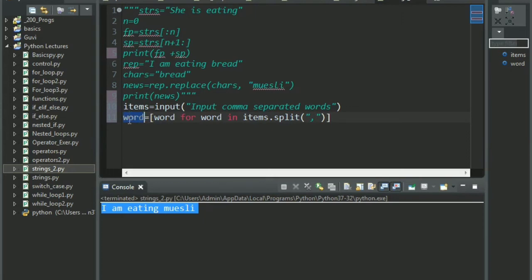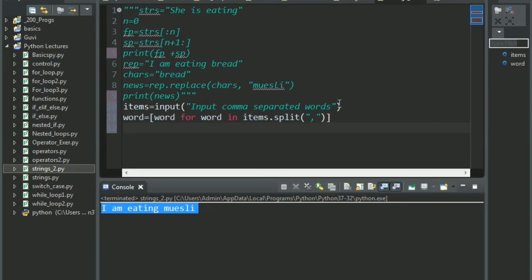So we have created a list named word, and one by one the split function keeps returning the word into this variable, and it automatically keeps getting stored into the list one after the other. So basically you are overwriting the variable word and storing it inside the list. So this list will contain all the words in the sentence separated by commas. So this is what is happening in this sentence.